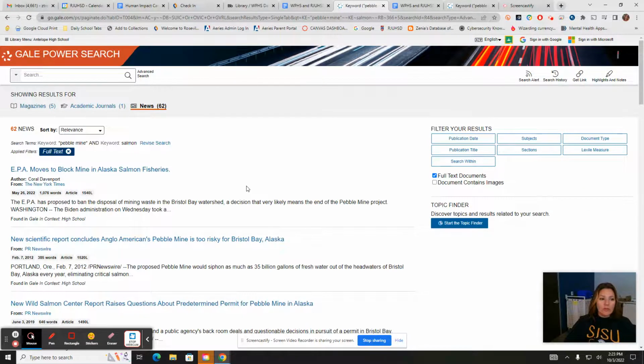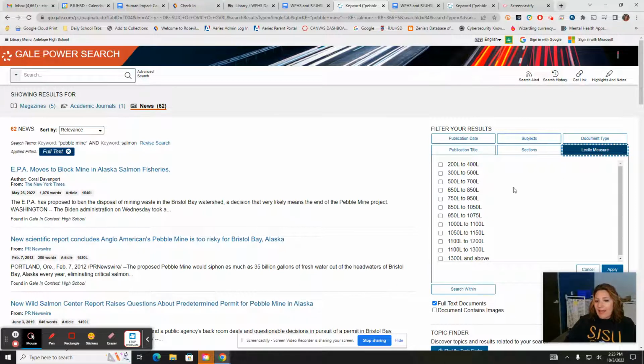And then what you can do is, if 62 articles is too much for you to sift through and you're looking for something specific, one thing I might do is go over here to Lexile measure, and remember Lexile, that's the reading level. So the higher it is, the harder it's going to be to read and understand it. Because sometimes, this might be set up for a senior who's doing a project that's getting ready to go to college. So just so you know, it means that you want to make it a little easier for you to